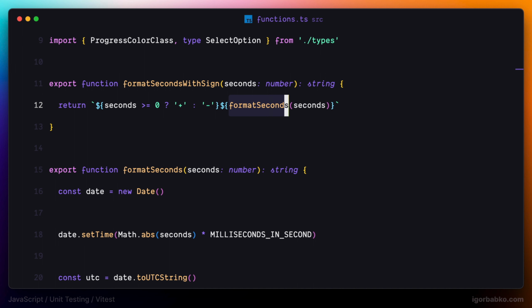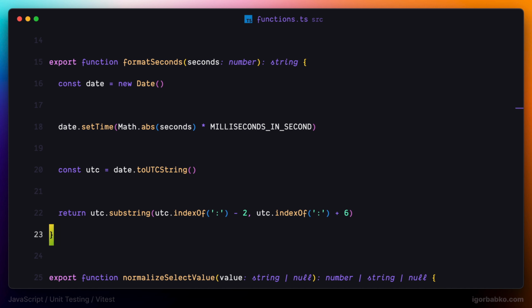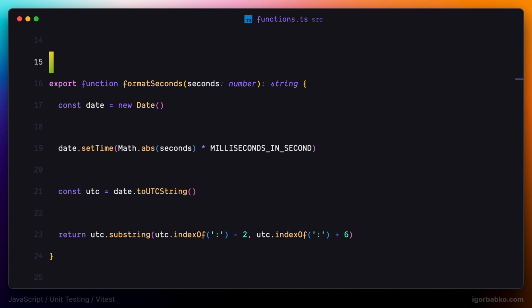So it would make sense if we're going to start describing testing scenario for the second test, to test function formatSeconds. So let's see what this function is actually doing. It accepts one argument, which is amount of seconds, and at the end, it is going to give us formatted string. So for example, if we would call this function formatSeconds with the argument 60, we're going to receive such